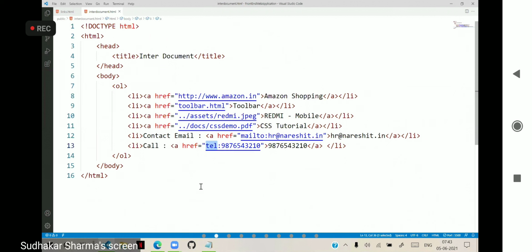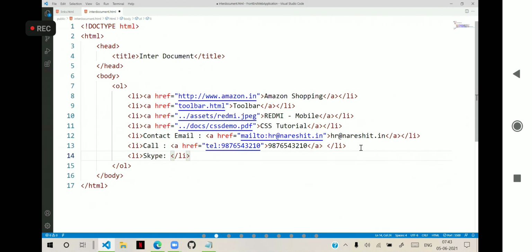You just have to write this. And technically, you can also define a link for a Skype call. So here I will configure a list item, and here I say Skype, and anchor href is equal to